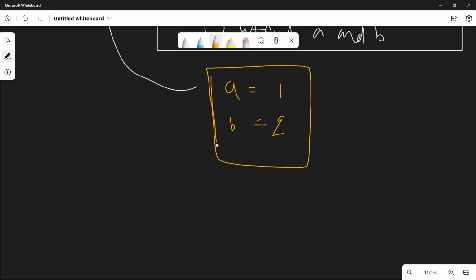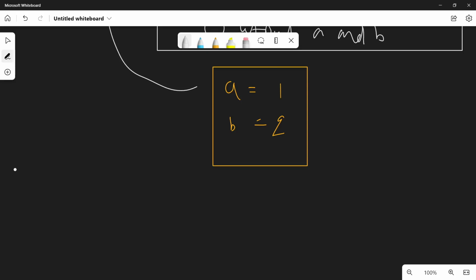Then at last you can print a equals 1 and b equals q. At last, if you find no number whose power is equal to the quotient, you will print this last case.